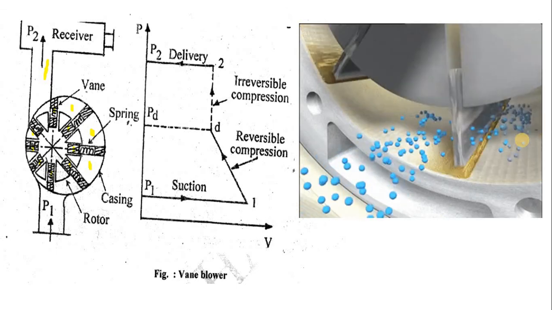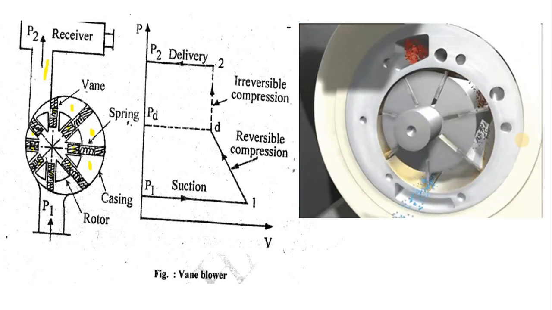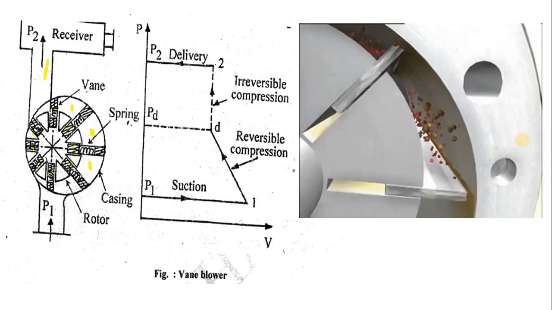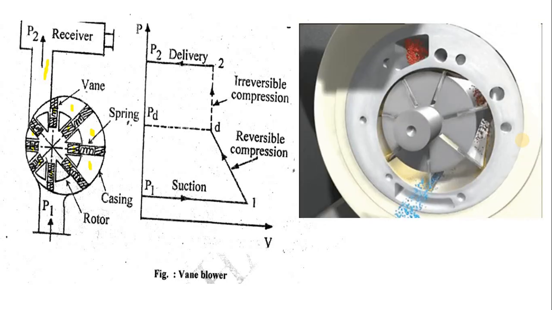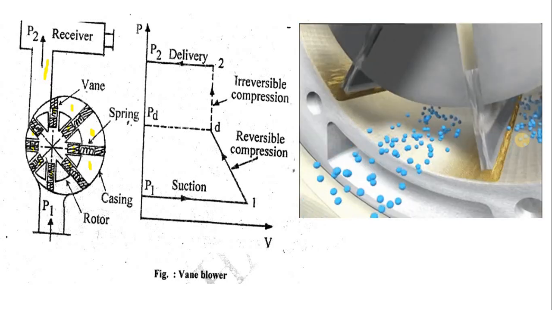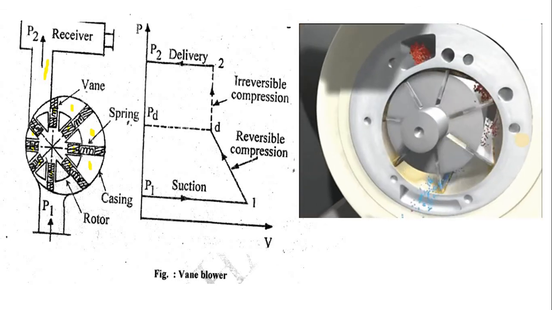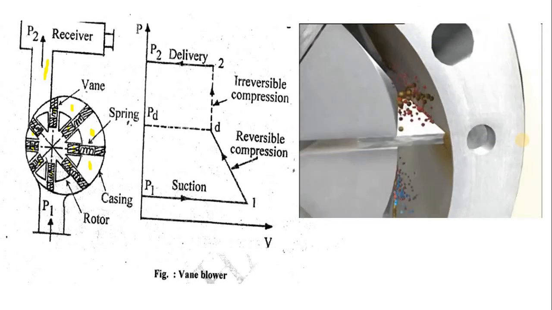So students, this is all about the rotary compressor. Our next video will be on the remaining rotary compressors, like the gear type or screw type compressor, as well as the piston type compressor. And after that we will start the dynamic type of compressors, like the axial compressor as well as the centrifugal air compressor.